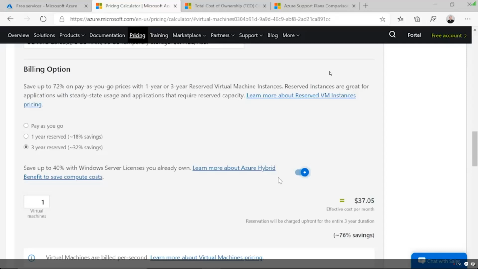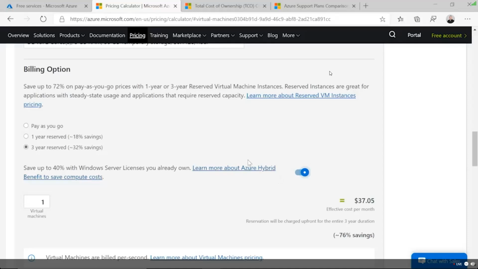Because I guarantee you, as you move on your cloud journey, especially when you start talking about virtual machines, 2 things are going to happen. One, how can I save costs in the virtual machine? And eventually they might say, you know what? I want to go into a PaaS service. Most of our PaaS services are going to be less expensive than virtual machines. So there's lots of ways to save money. You got to be smart about licensing, as well as what service you use to leverage it.